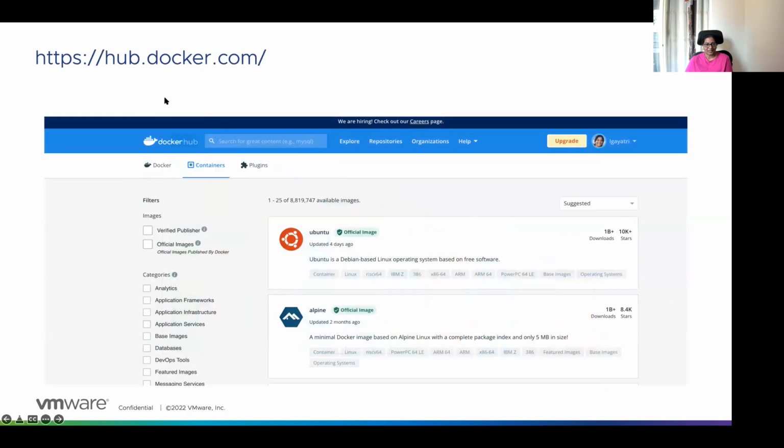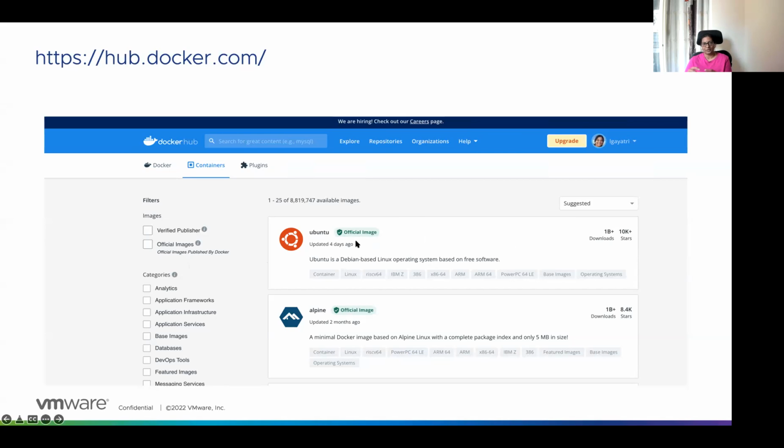Yeah, this is hub.docker.com. While you are here, you can go ahead and open this in your browser also. You will have the containers, and then you have some plugins. Whenever you are using it for any coding purpose, always use an official image, because official images come with support. It's like long-term support. In case we run into any issue, we can file a bug in GitHub, and the community will address those issues. If you're not using an official image and there's a problem, the support will be very minimal. So choose that, and the moment you click it, you will see an